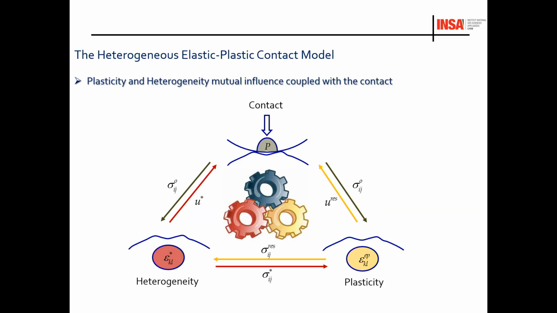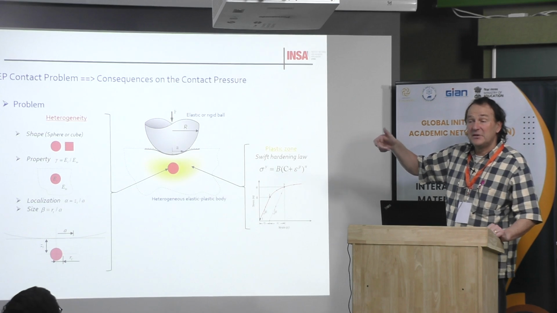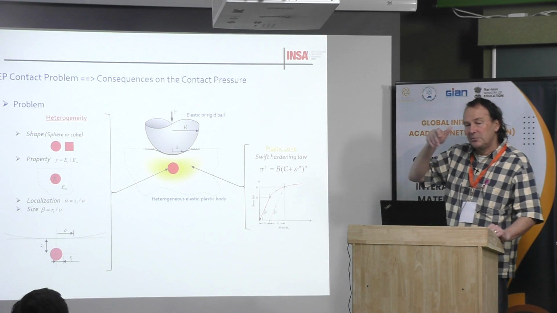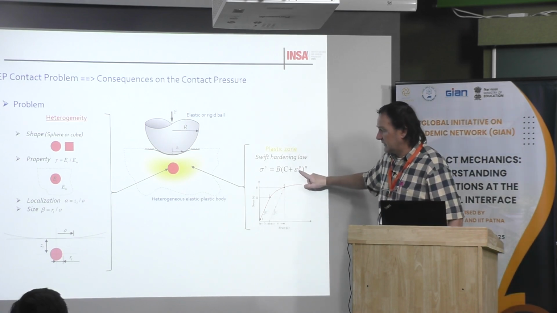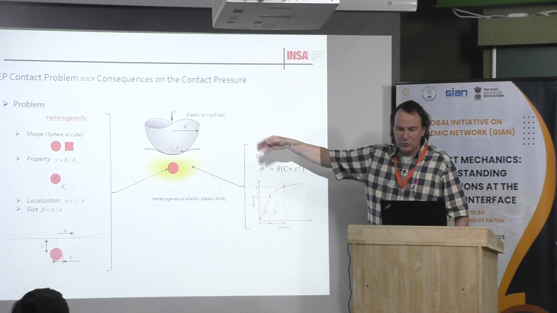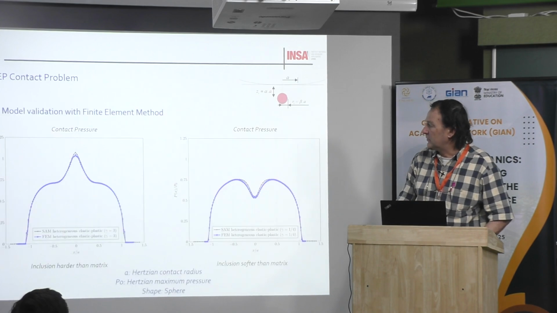Okay, an application to bearing steels fatigue. This time we will also investigate the shape of the inclusions, because carbides typically are not spherical. They are mostly like small cuboids. The shape is very complicated. So we need a hardening law like that. And again, I will just show you a few results about the effect of the position of the inclusions and the shape.